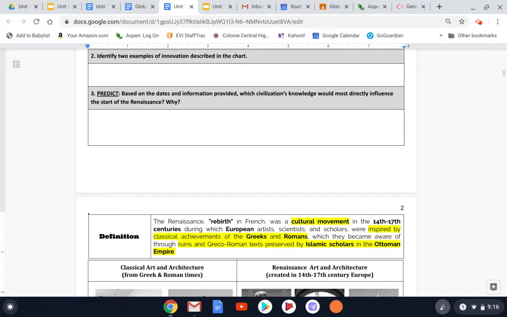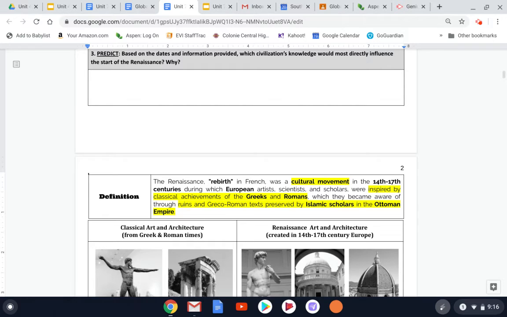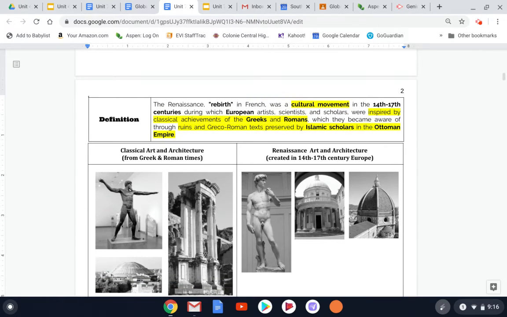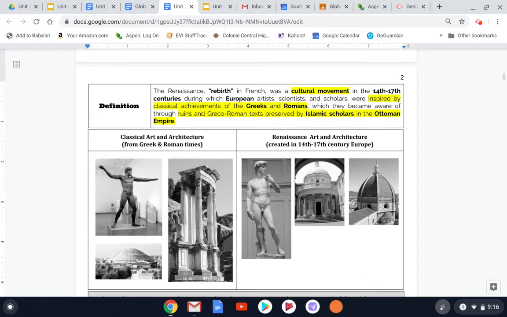So for question 3 up here, take a look at what your prediction was. The Ottoman Empire, which at one point in 1453 took over the capital of Constantinople, and where the Byzantine Empire was, that gateway between Europe and the Middle East, now becomes the Ottoman Empire. And all that Islamic civilization progress and inventions and knowledge starts to trickle its way closer into Europe through that bridge, through that location of Constantinople into the Mediterranean and into Italy.